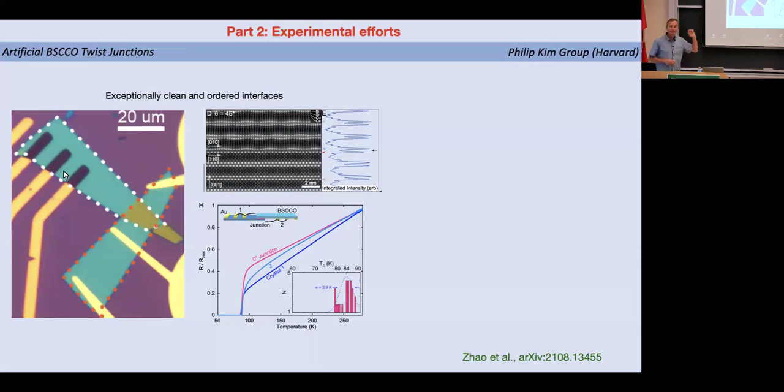People have done this kind of experiment before, but didn't see anything interesting, presumably because the interfaces were not clean enough. Here's a TEM, transmission electron microscope, image of that interface here. And what Philip told me then is that it's atomically perfect. All the way to the interface, atoms are arranged with no defects, compared to some less clean, damaged surfaces, and this is crucial to see some of these effects that we predicted.